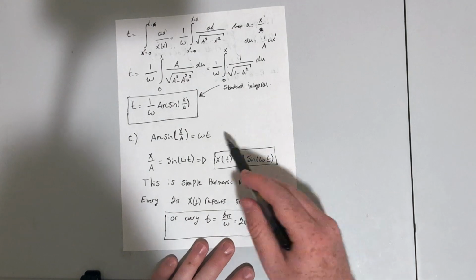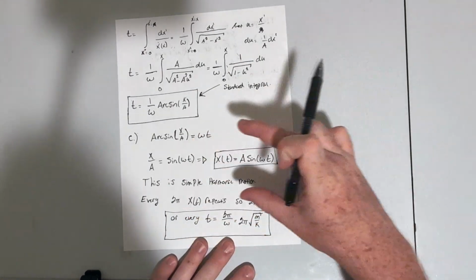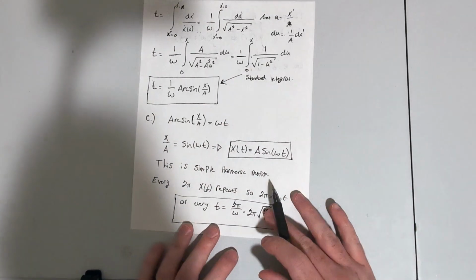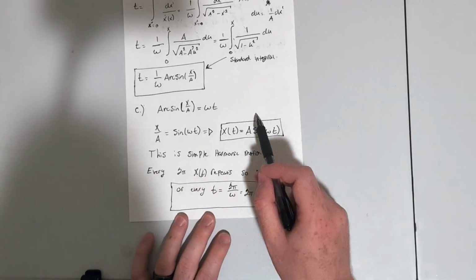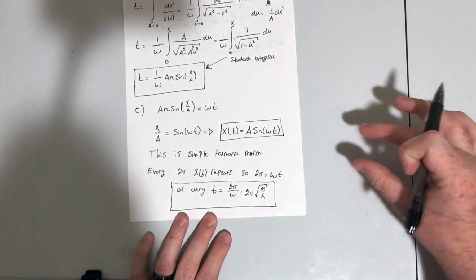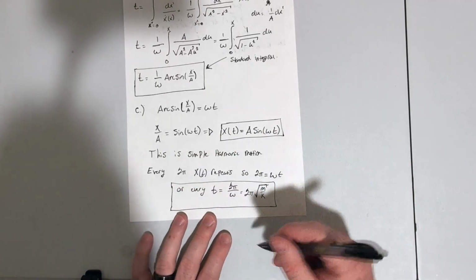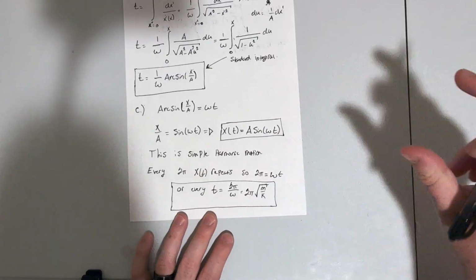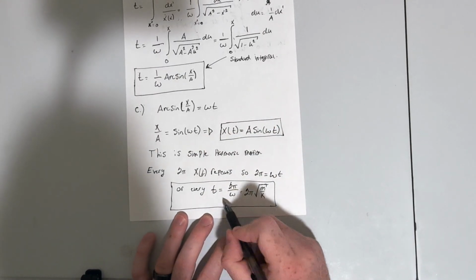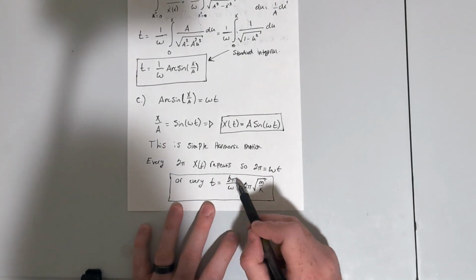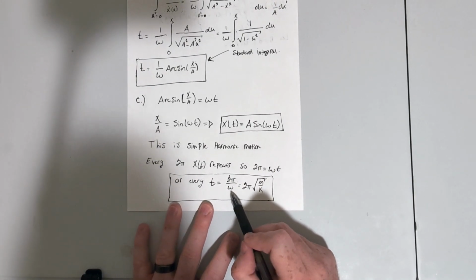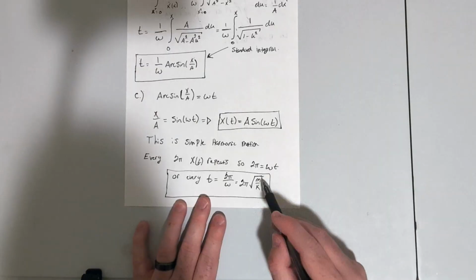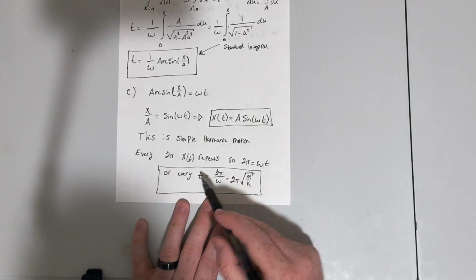So this is telling us that the position of the mass ends up being an oscillating function, or just simple harmonic motion. And this means that the position ends up repeating itself every 2 pi. So when omega t is equal to 2 pi, that's when it repeats. And so that means every time that t is equal to 2 pi over omega, where omega, remember, is the square root of k over m. So whenever t is equal to 2 pi times the square root of m over k, because it's 1 over omega, then this is when